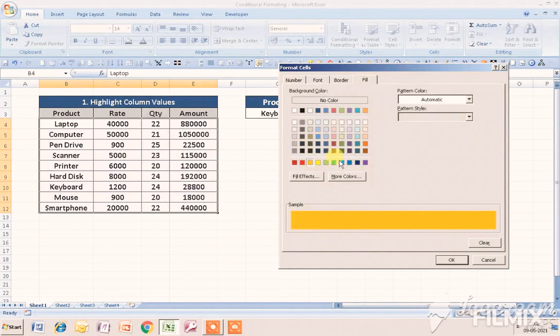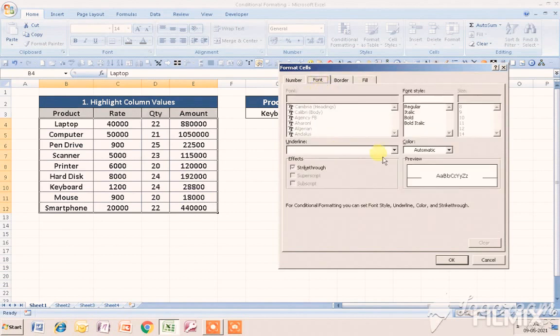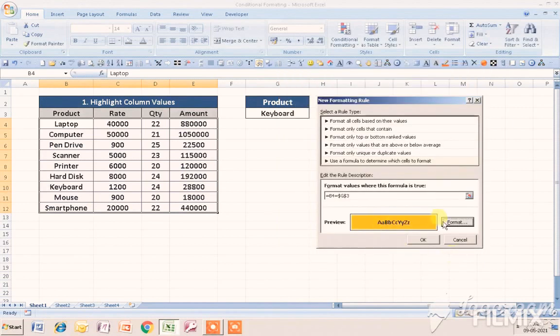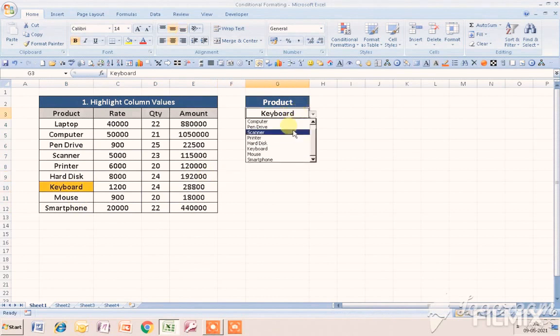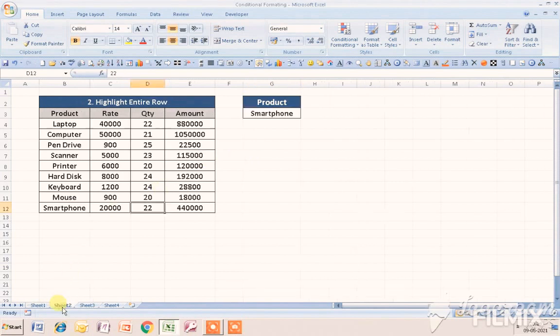I am giving this color and font, and I make it bold, and you can see the preview, and you can see that particular product gets highlighted. If I change the product, then you can see that particular product gets highlighted. Now I will go to sheet 2, and I will show you how you can highlight